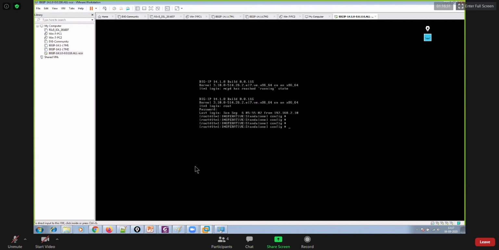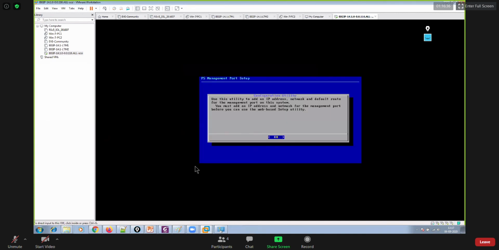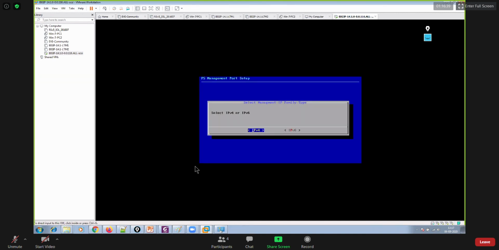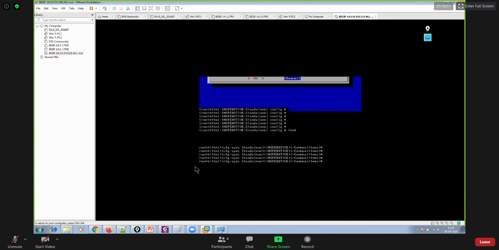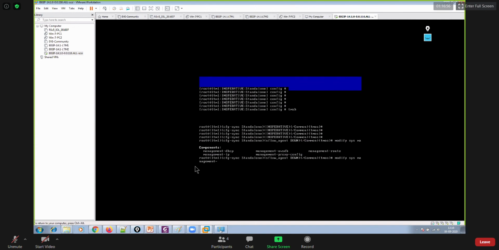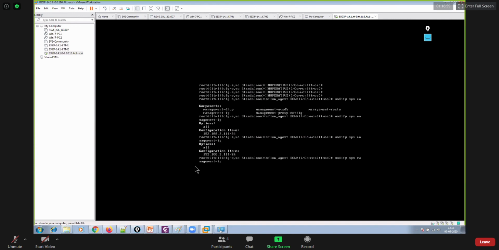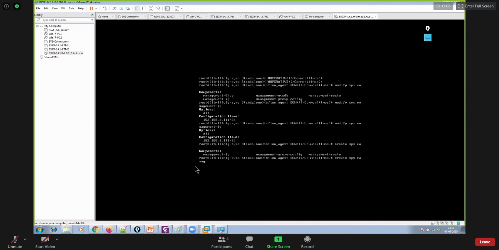So first I'll have to say config, and then I'll have to make sure that it is getting an IP address from the DHCP server only, right? So IPv4, no. Okay, so go to DMSH, modify this management IP, create this management IP.